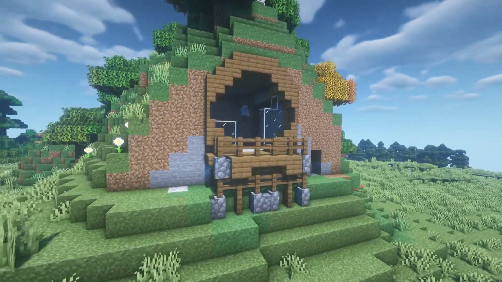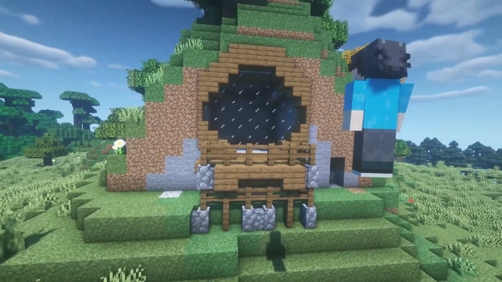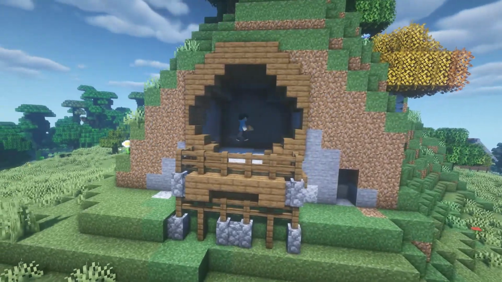As you can see here, I started playing around with glass. Obviously if I wanted to, I could have added that hole, made that glass. It would have been a massive glass window, but I might do that in a different build. For this one, I'm just going to leave it wide open, and we're just going to play around with a